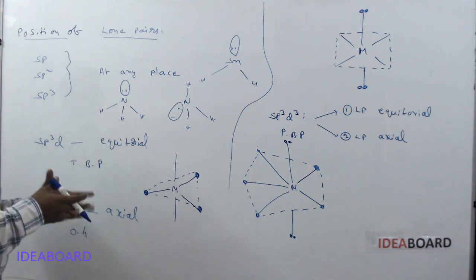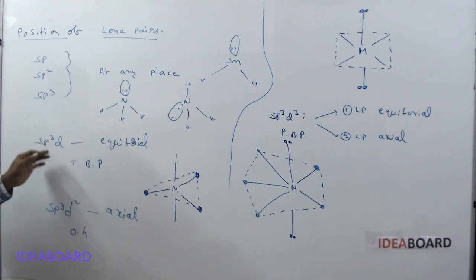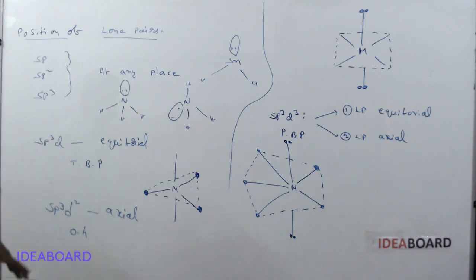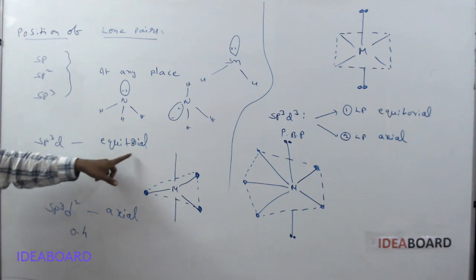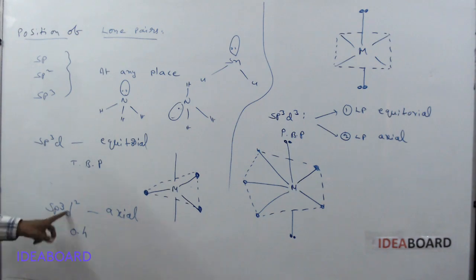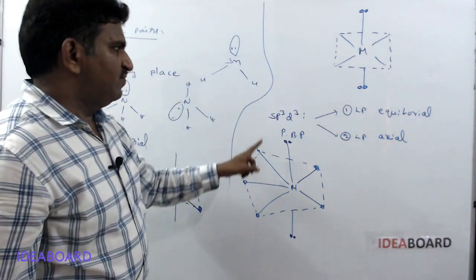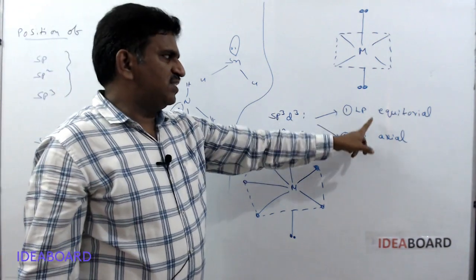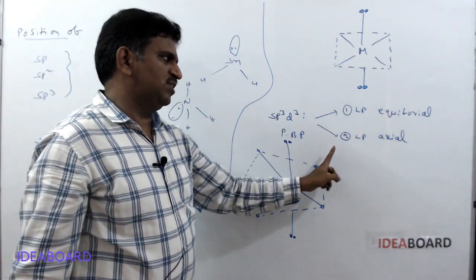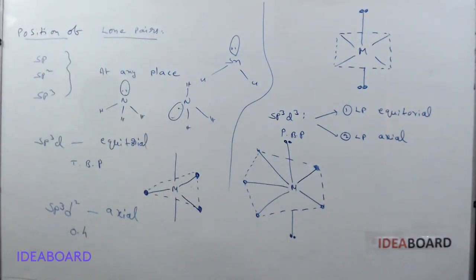When we are having any lone pairs in a particular hybridization for the central atom, you must indicate them in those positions only. Mainly sp, sp2, sp3, at any place there is no problem. But sp3d always write at equatorial positions, at any equatorial position. And sp3d2 always write at axial positions only. And if it is sp3d3, you must write one lone pair in the equatorial position. If it contains two lone pairs, write in the axial position. Okay.